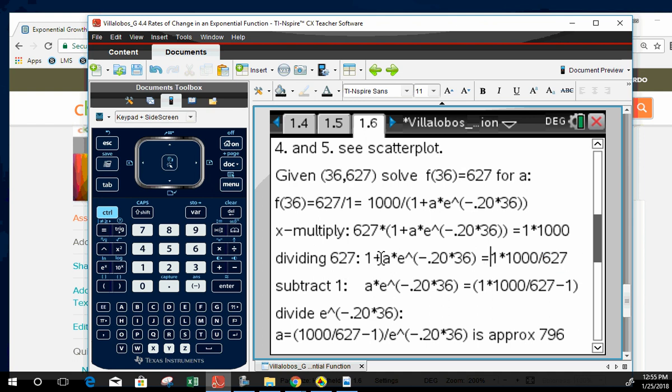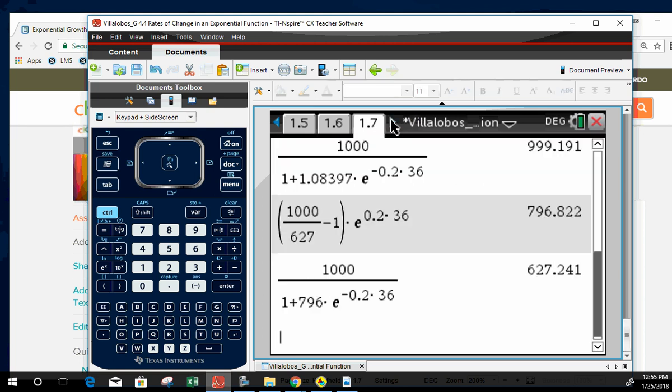Furthermore, I'm going to subtract this 1, so it no longer appears, and this is what we have. And over here it's subtracted, and then we have to divide by all of this expression here, exponential. So divide by that, and you end up with a equal to this whole thing divided by this, which is approximately 796. After I use a calculator to figure that out,